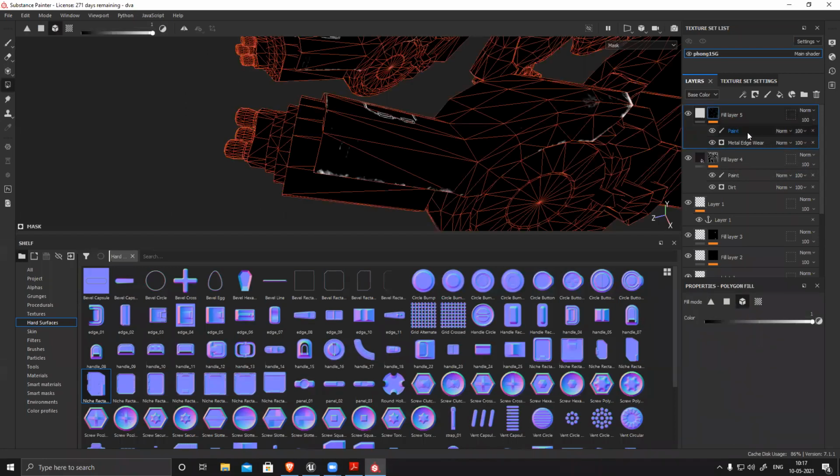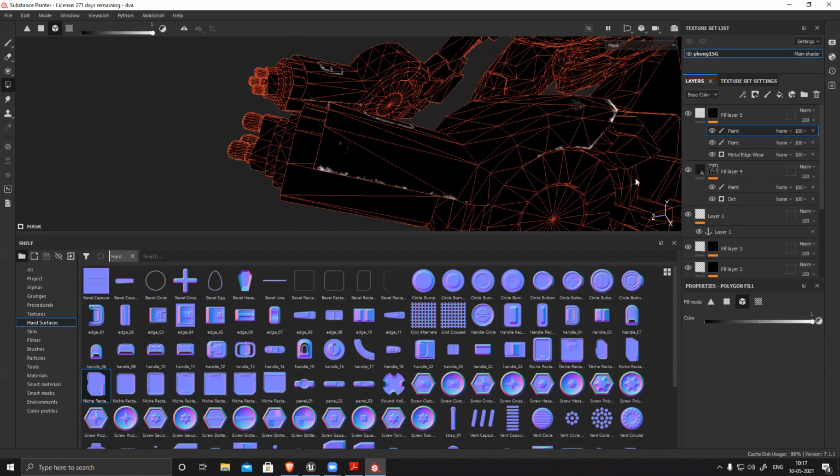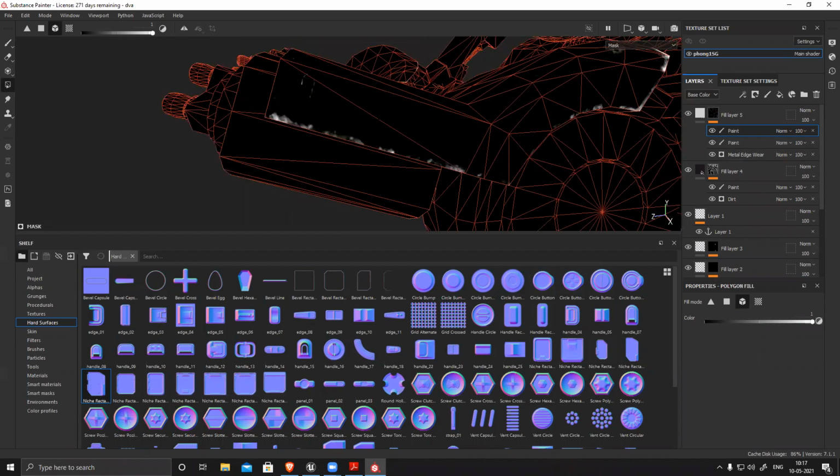So what you can do is right click, add one more paint. It's like you are creating a layer stack for a mask. Like in Photoshop, you can create a layer and mask it, but you cannot have multiple editable layers for a mask. For layers you can have it. So here you have the option for mask also. So for the mask, I'm using all this layering and going to paint all this.